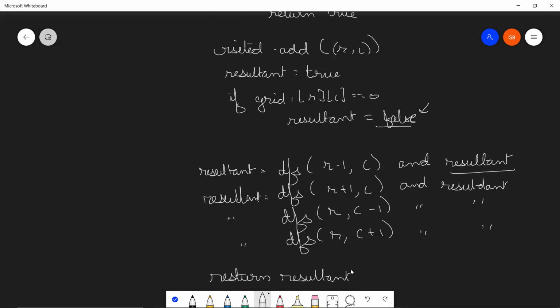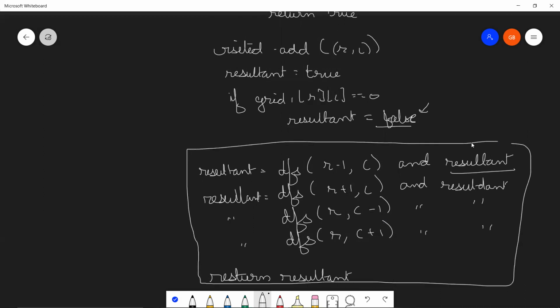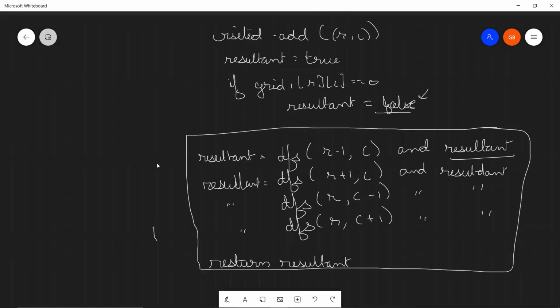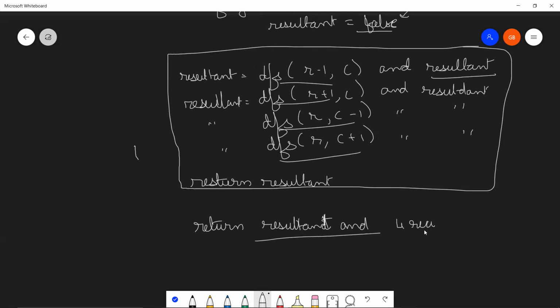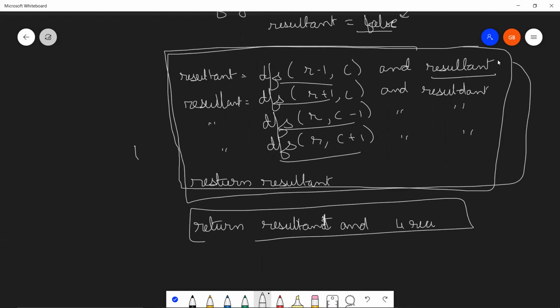Now, some of you clever coders out there could definitely simply write all these 5 lines into one single line. And I'm sure you guys know what that is. It's basically return resultant and all these recursions, right? You write all those 4 recursions over here, and this will also give you the right answer. So I just expanded it over here to over-explain it to you guys, but you could have squeezed all these 5 lines into this one single line.